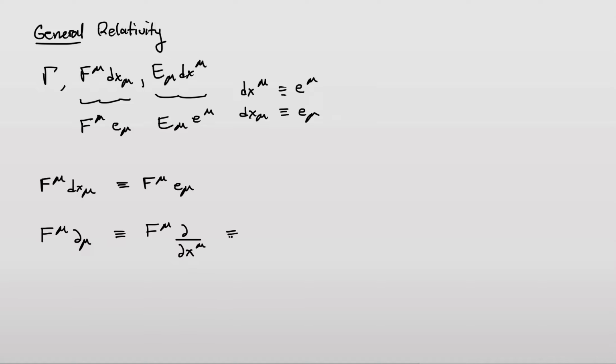And if we were to write this in full, with all the components, the zeroth component or the time component, f0 partial with respect to x0, plus f1 partial with respect to x1, plus f2 partial with respect to x2, plus f3 partial with respect to x3. So these are partial derivatives,